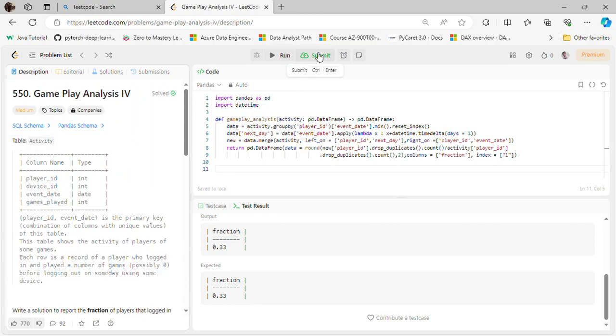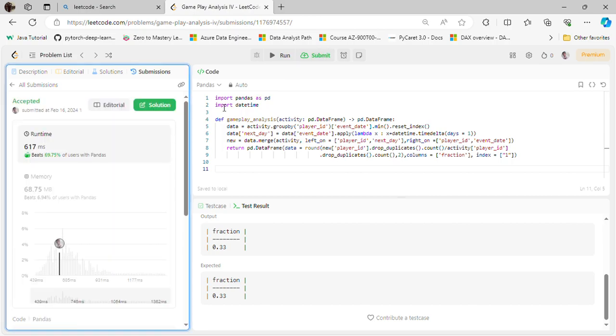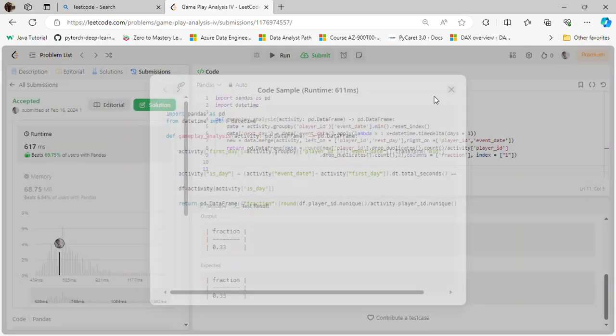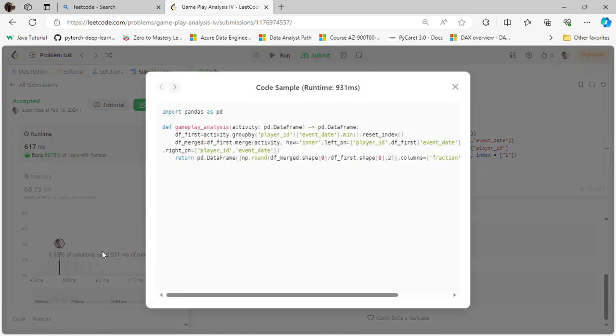Okay, we'll just submit. So you can see it is accepted and for the first time we are already ahead of so many people. Okay, for the first time, otherwise we usually stay here. Okay, so yeah,